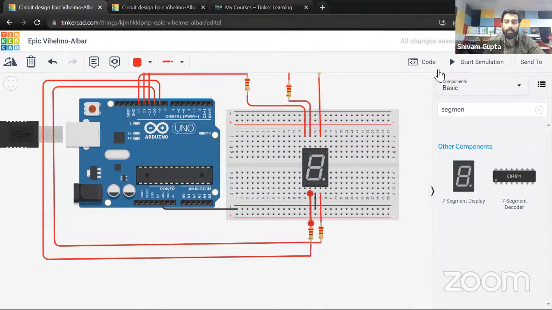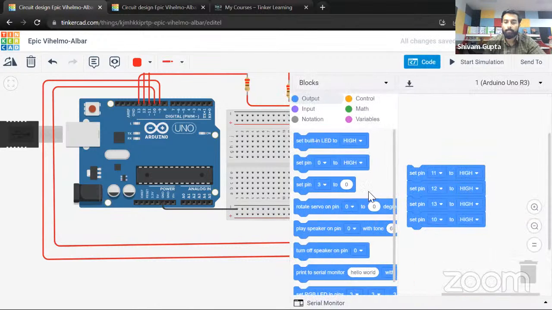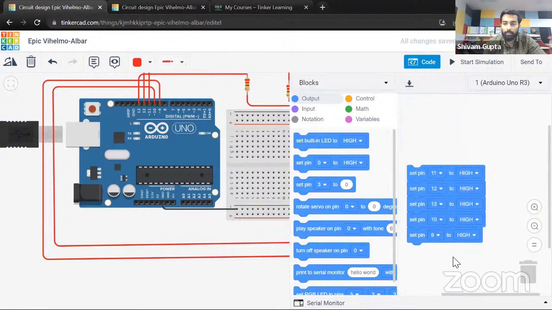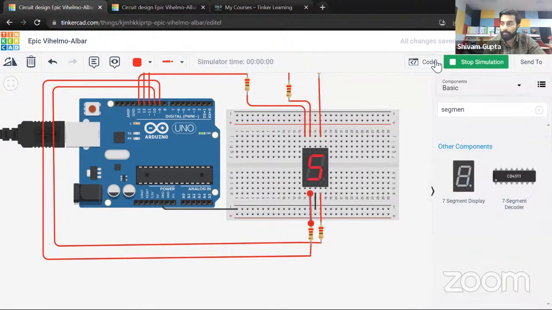So it is connected to pin D, and we have used pin number 9. Like this, you can connect it. So by this, we can glow a